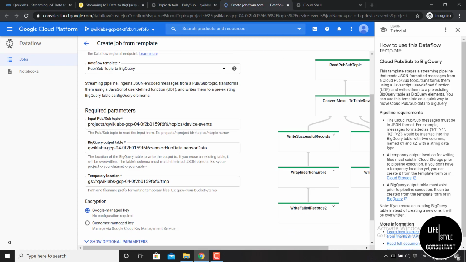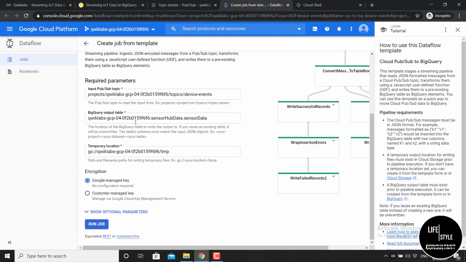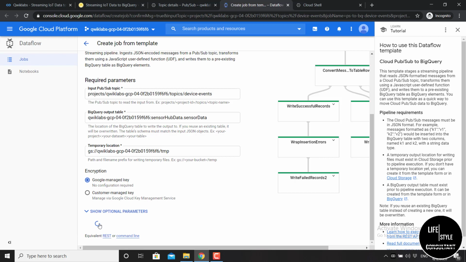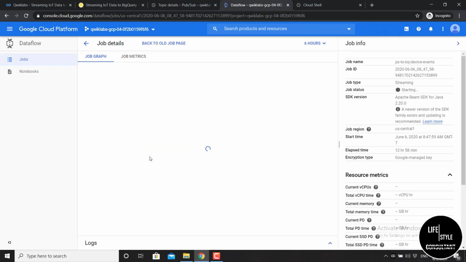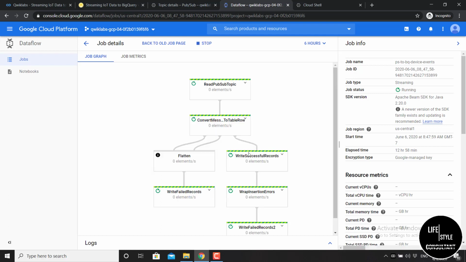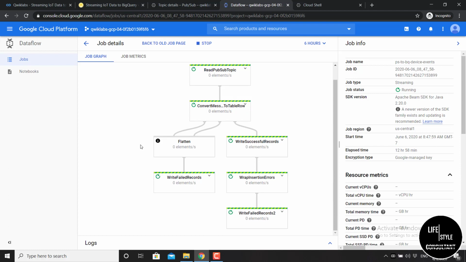Okay, after that you have to click here, run job. The job should run without any errors. Just wait, the graph is still being analyzed. You need to wait a little bit. Okay, you can click here, logs.